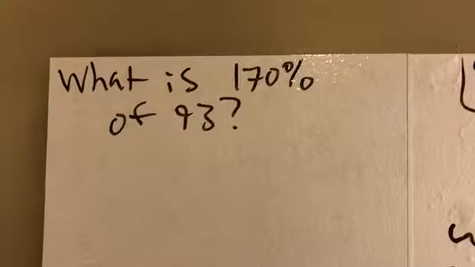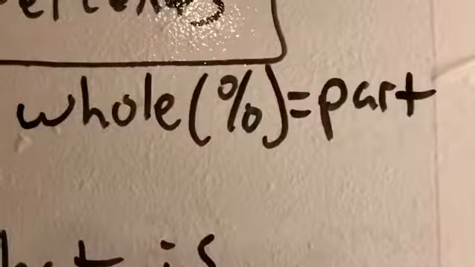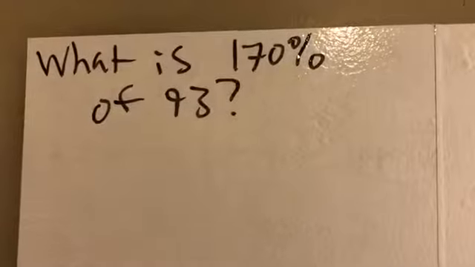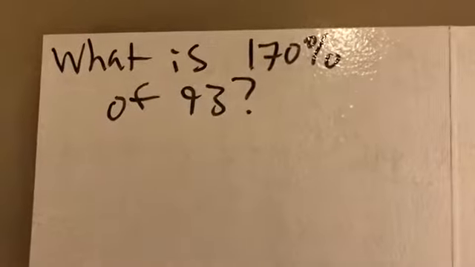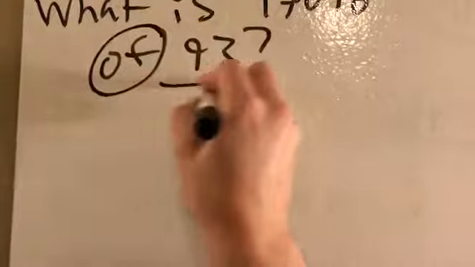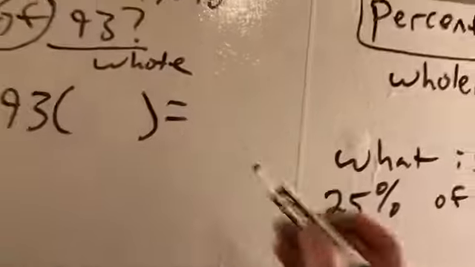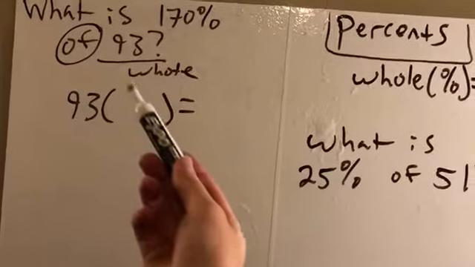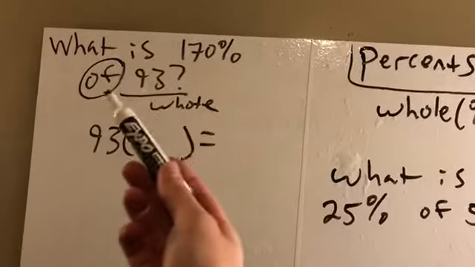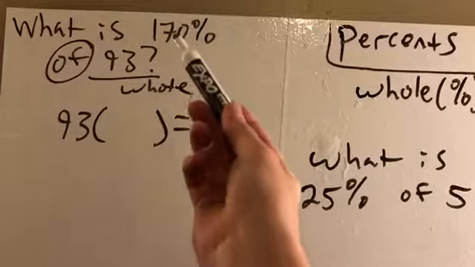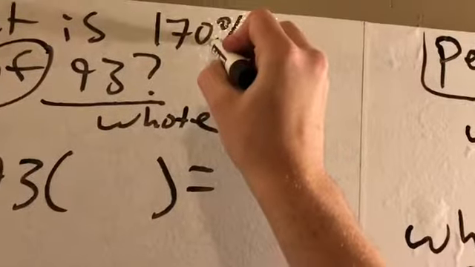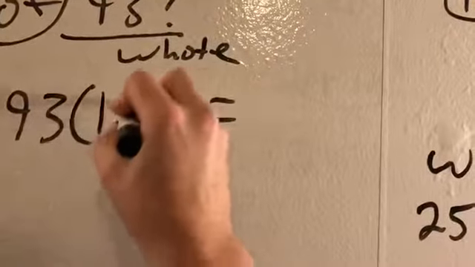Let's do a handful of more examples. Remembering, the whole times the percent will equal the part, okay? So what is 170% of 93? Of is our keyword, because whatever comes after is going to be the whole. So we know 93, because the of is our huge understanding of the whole total we're talking about. So what is 170% of 93? Well, we have enough information, but remember, we need to turn the percent into a decimal. So it always starts on the right. We go over 1, 2, so it'll be 1.7